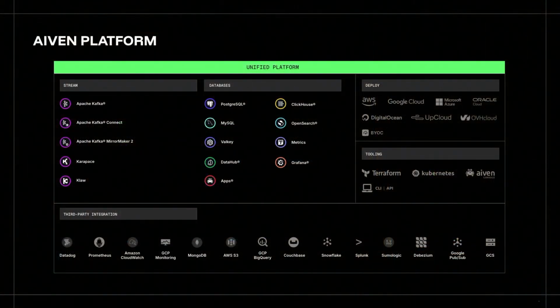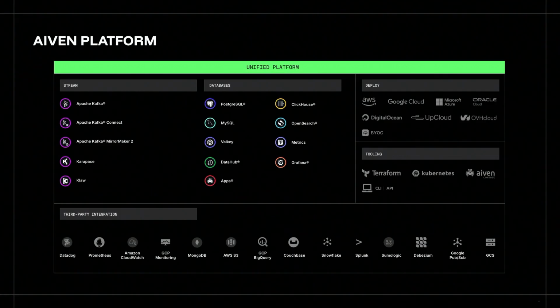Okay. So I want to take you through our Ivan platform. So Felix already gave a really good pitch about what Ivan does and how everything works there. So I just wanted to give you a quick overview of what Ivan is and how it is relevant to my talk today.